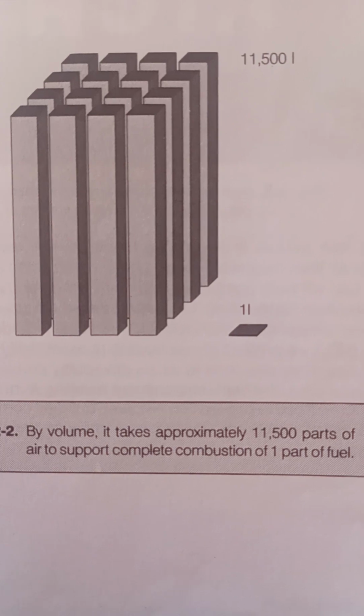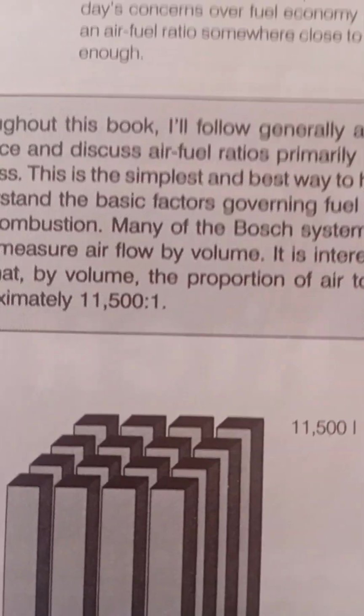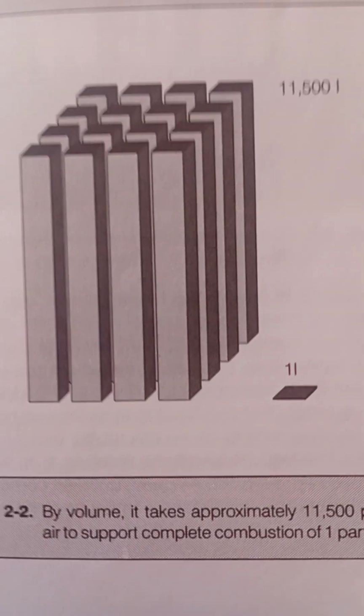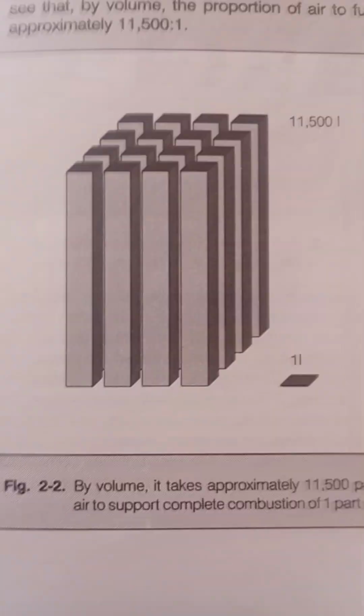Sorry, that's not 11.5, it's 11,500. So it's 11,500 to 1. That's why I was going to say the diagram's wrong. So by volume, it takes 11,500 parts